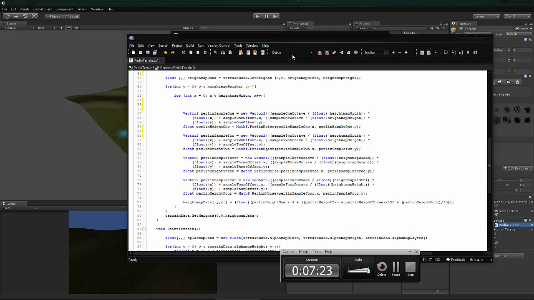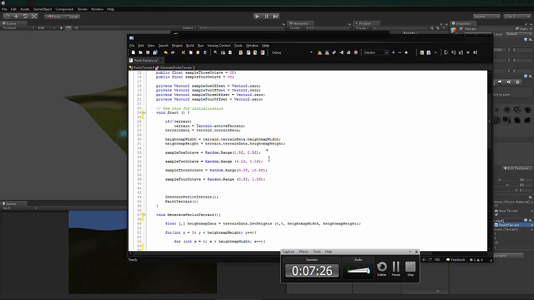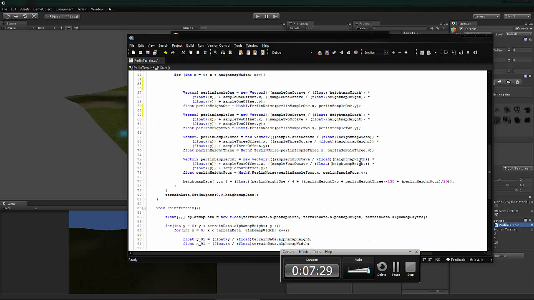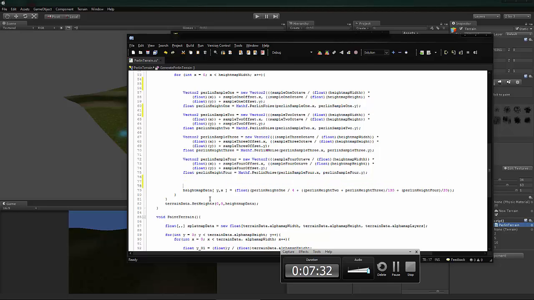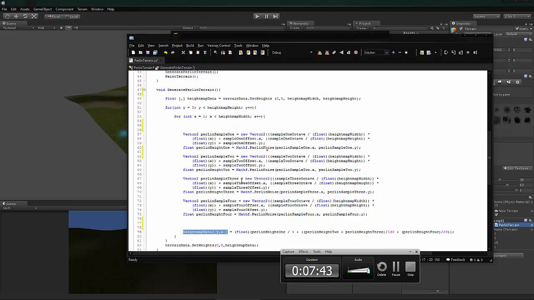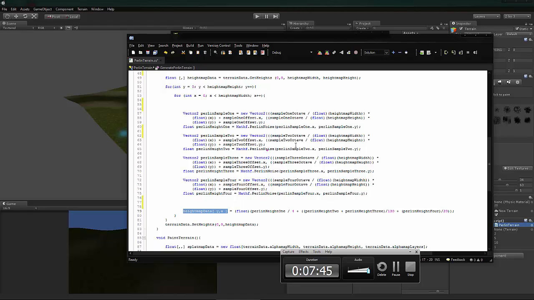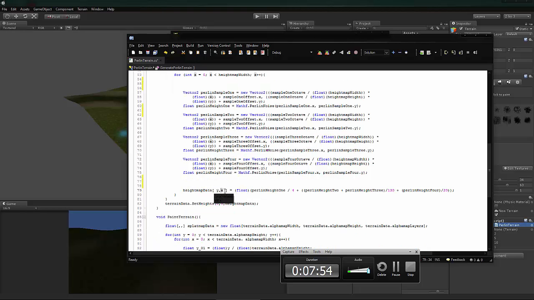Alright, so once you have that block of code for each of your octaves, so we have it 4 times, you're going to access your height map two-dimensional array, and you're going to assign as they come. So this is going to be run each time this inner for loop goes around. So at each point we're going to set the point equal to the addition of all of these